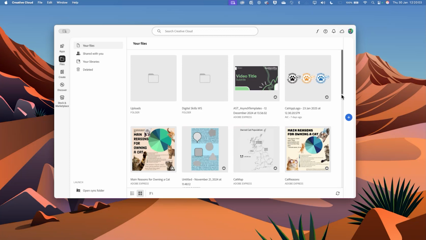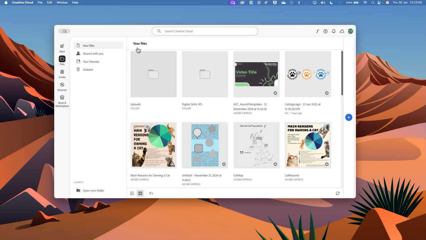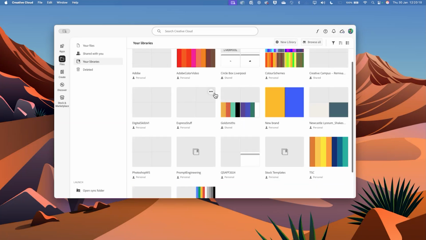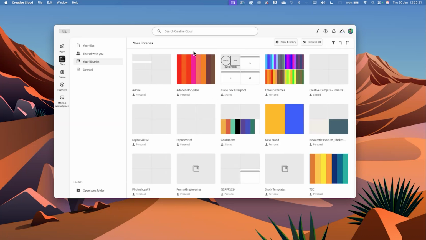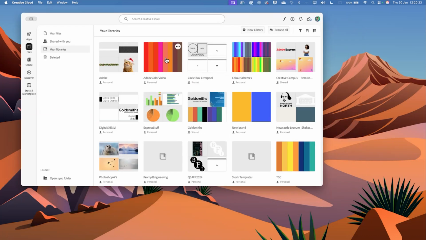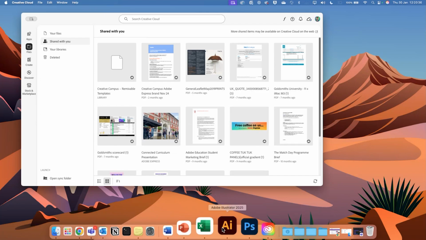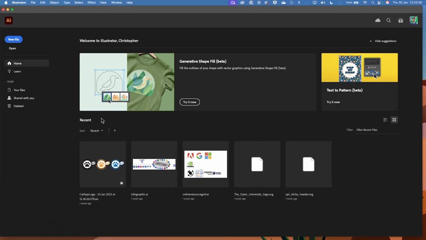You get 100 gigabytes of cloud storage within Adobe. You can see this is just listed in my files, but I can actually click on Libraries. It's just going to take a little bit of time. And you can see I've got a bunch of other stuff here as well. What's great is that I can access all of this content, all of these libraries, within Adobe's apps themselves. So if I just open Adobe Illustrator,